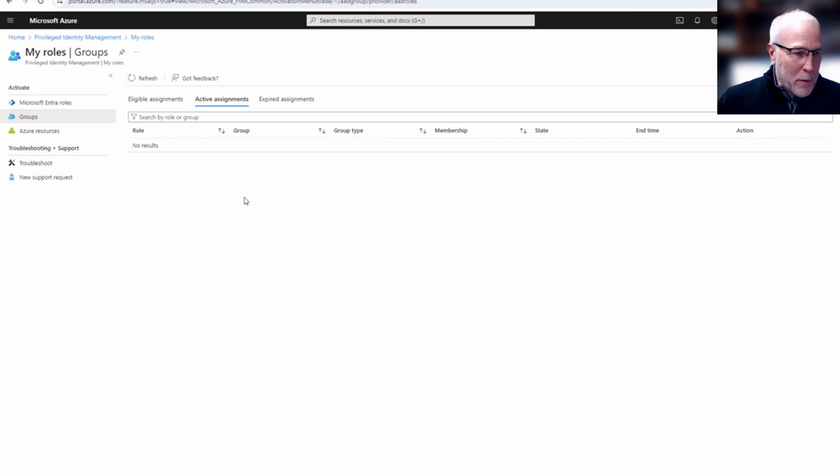And this is where some of the real power of this model comes from, because independent of PIM, I can arrange for membership in a group or a group membership change to trigger provisioning activity in the entitlement management and app registration system. So the act of activating, putting me in the group,